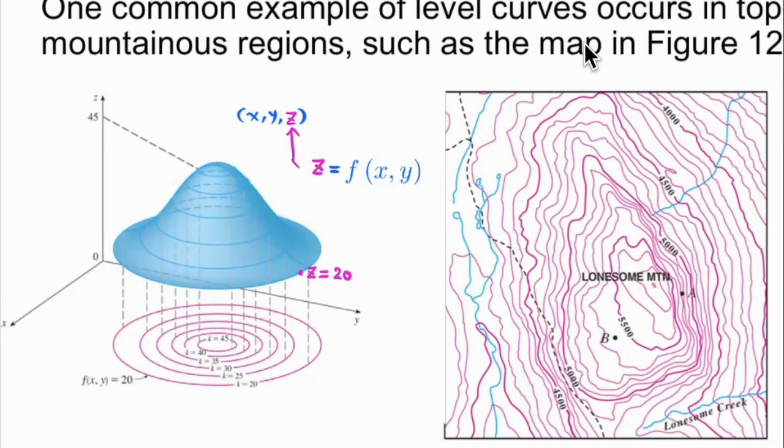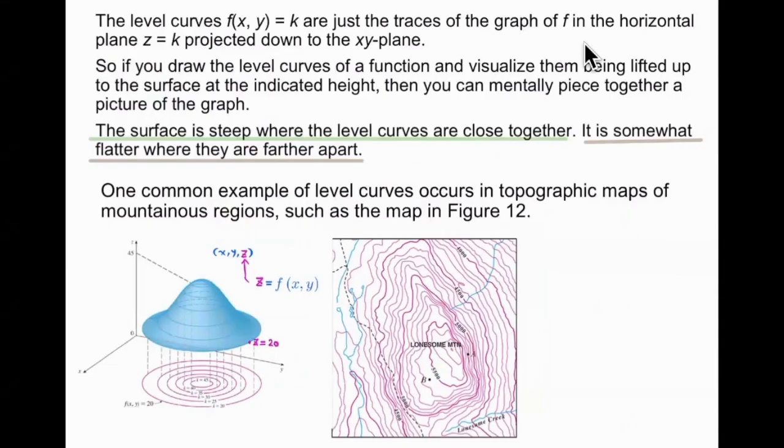You lift this level curve up 25 units, and you get this horizontal trace. So for every level curve on this xy plane, you lift it up depending on what the constant k is equal to. By doing that, you get back the traces of this surface,